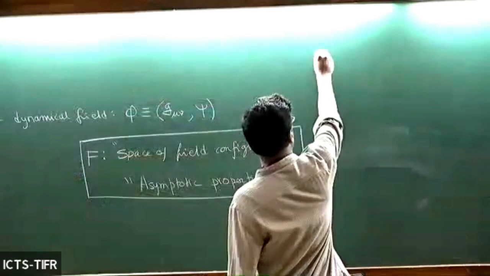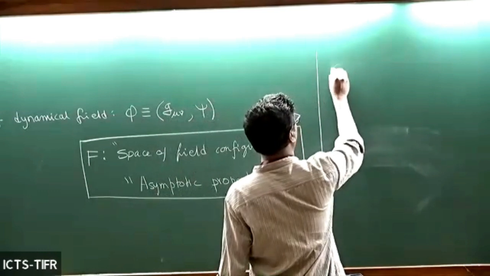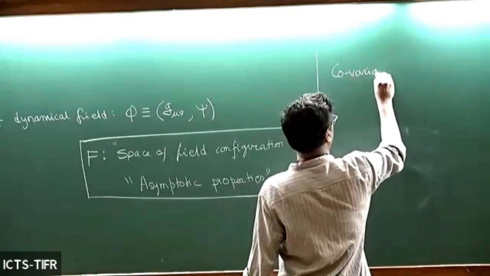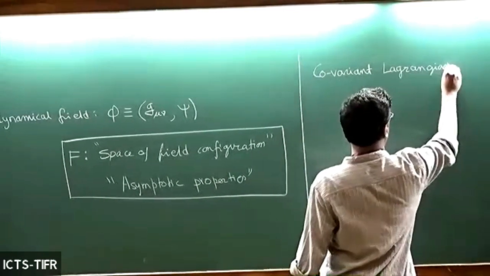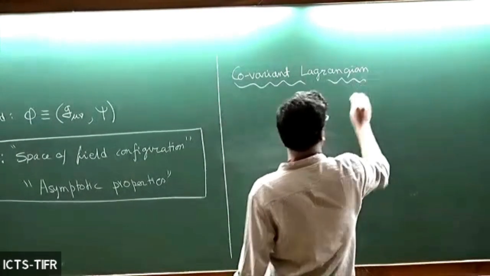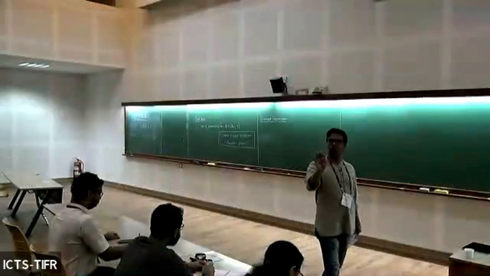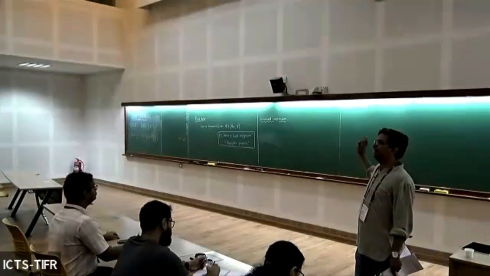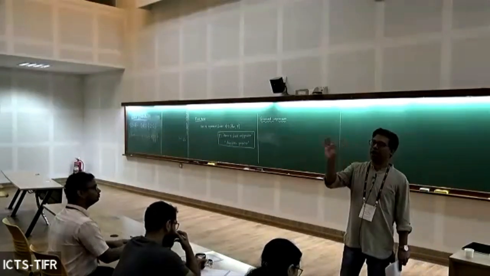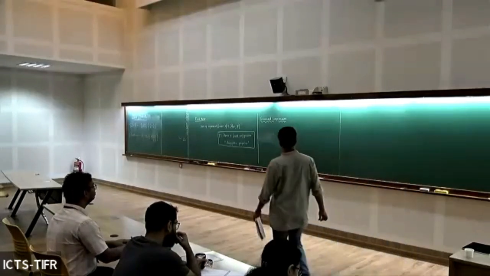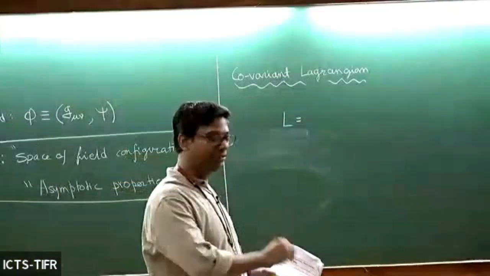With this structure, we will go ahead. We will consider what is called a generally covariant Lagrangian, because we are looking at a gravity theory. Of course, for practical purposes of the class, we will do all the computation for general relativity. But for indicative purposes, we'll write the Lagrangian as L, not R. The Lagrangian scalar L